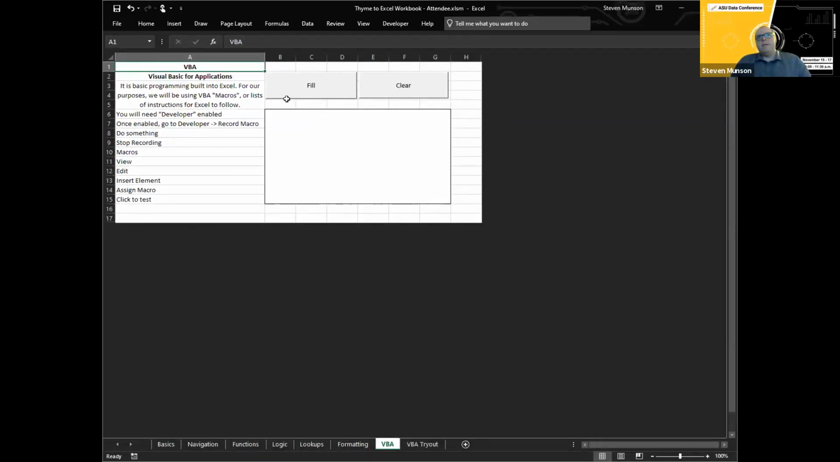VBA is Visual Basic for Applications. It is some rudimentary programming actually built into Excel, and it's been there for decades. And they've just made it better and more functional as time has gone on. The most basic use of VBA is a macro. A macro is a set of instructions that you specify that Excel will just automatically carry out